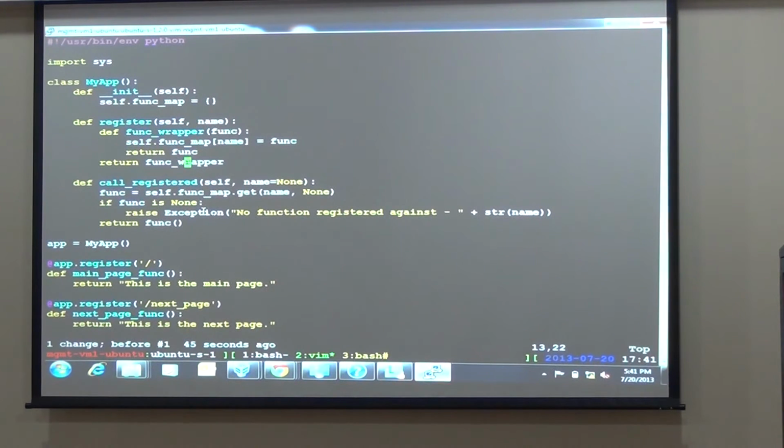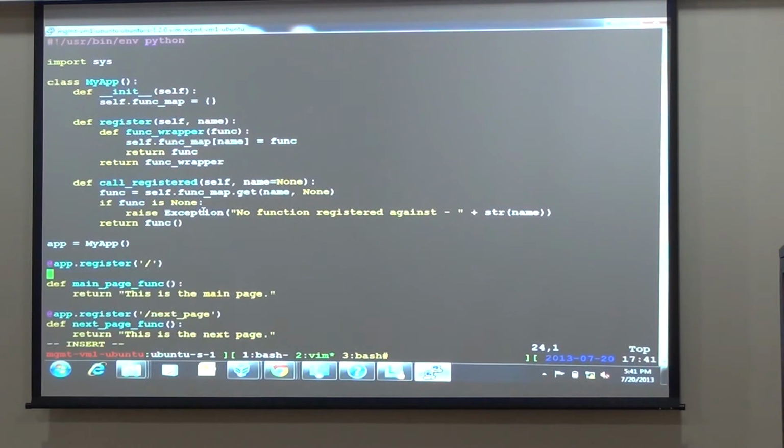So what we are doing right now is equivalent of saying main page func equal to app.register slash, this will return func wrapper, right? And then you are calling a function returned by a function, then you call main page func.